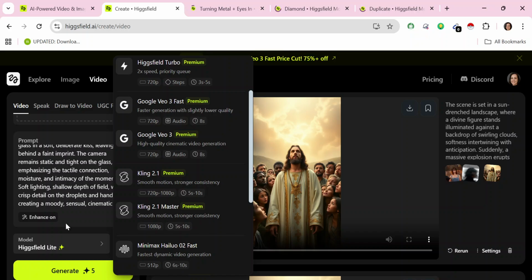So once you're done, just click on generate in this